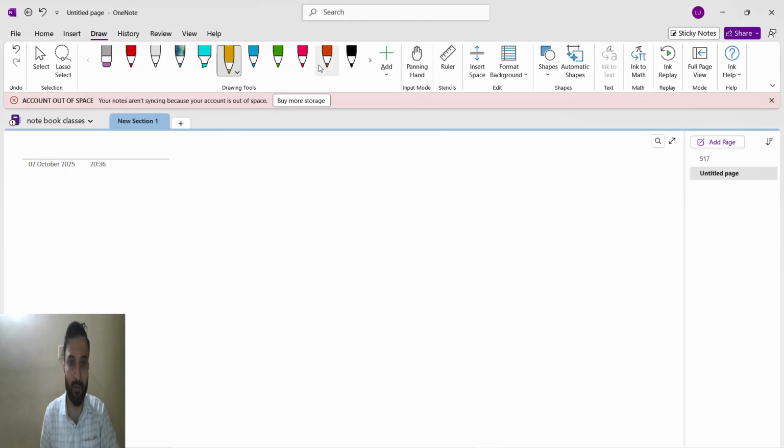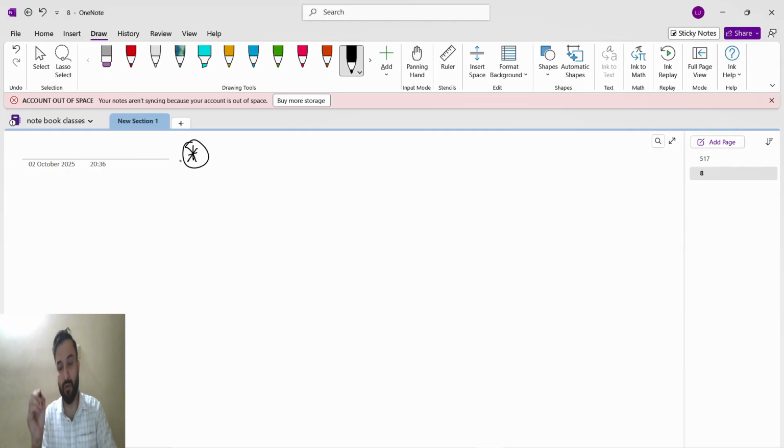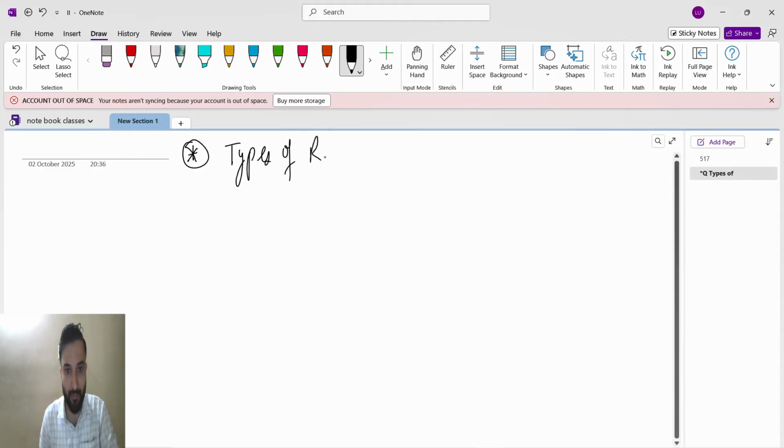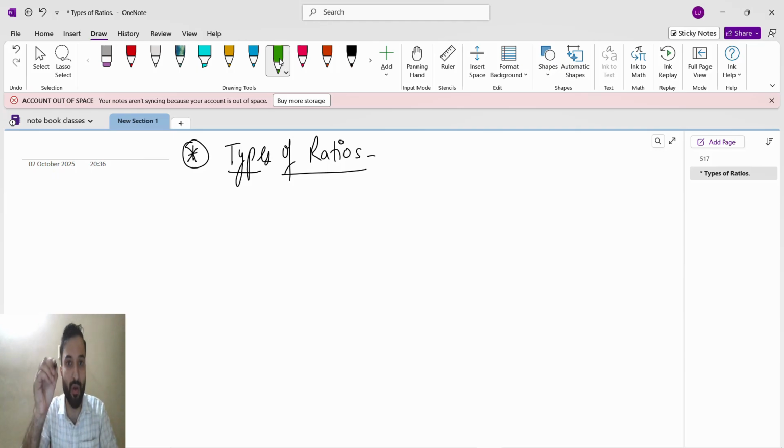Now we'll start the different types of ratios. The first type of ratio we completed is the continued ratio. That is very, very important, guys. Now we will write down the heading: types of ratios. Whatever I write here as theory or topic, you have to write down as a note. Don't skip that. You can make the topic, then explanation, topic, then explanation. So the types of ratio: the first type is